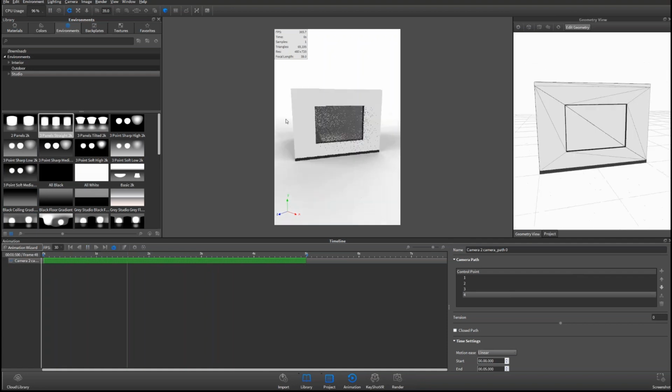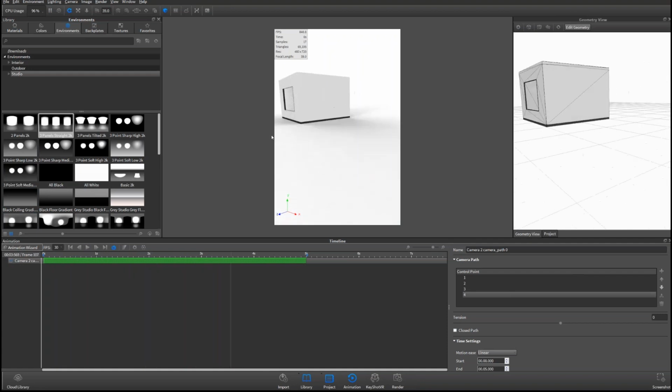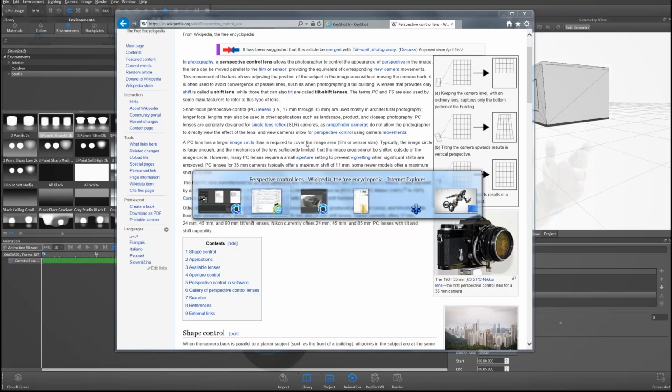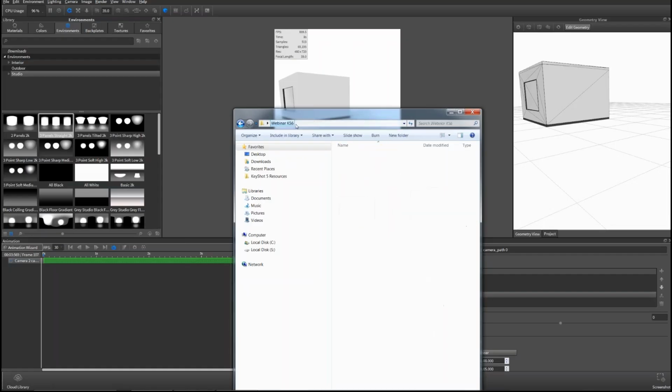Path is just one of the new animation types. We've also added animated depth of field and animated field of view. VR has gotten some additions, and one thing which I want to mention, which we won't show today, but I can show you the results, is working with scripting.